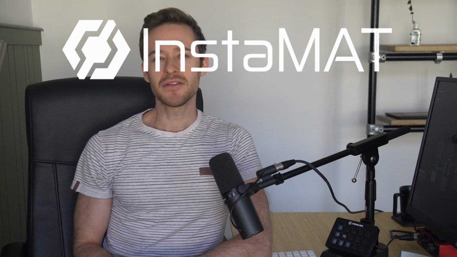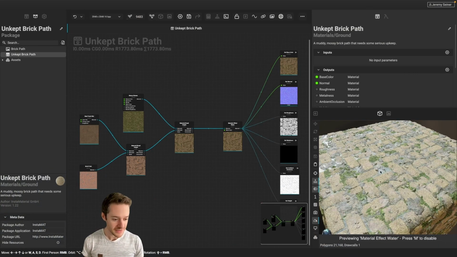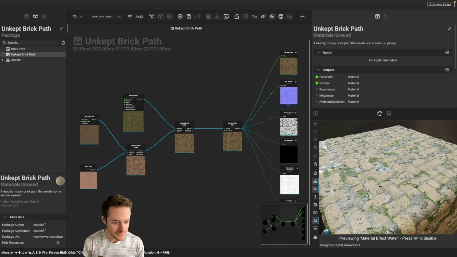In this video, we're going to look at how to expose graph inputs to create custom parameters, which you can use to artistically control and dial in your material's physical characteristics and components from either within InstaMAT or within our integrated plugins. All right, so here you can see that I have this sort of unkept, dirty, mossy brick ground